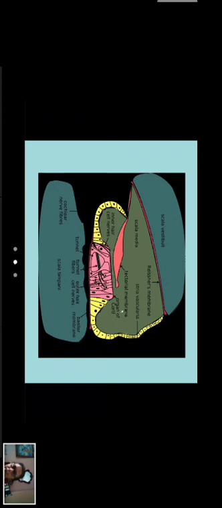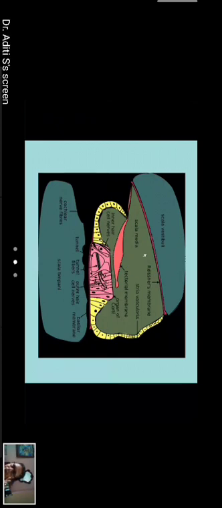So, is the structure of the inner ear and middle ear clear to everyone? Otherwise you won't be able to understand the role of the middle ear and inner ear in the mechanism of hearing. In the mechanism of hearing, the middle ear's function is impedance matching, and the inner ear acts as a frequency analyzer.